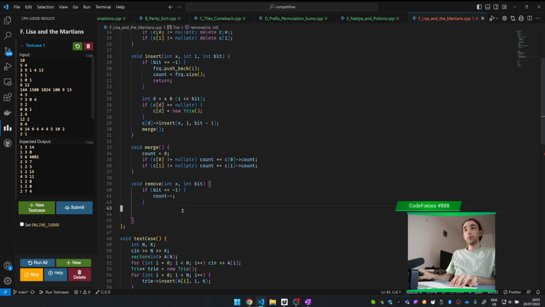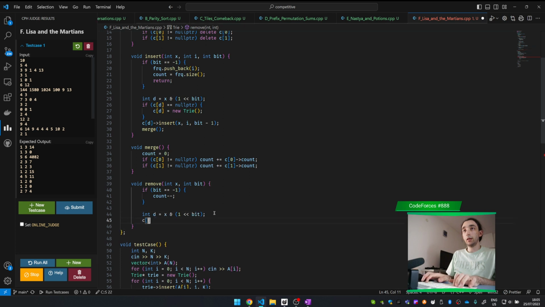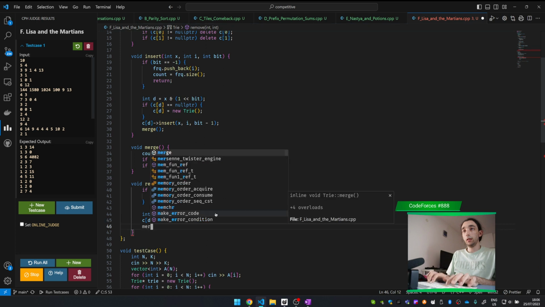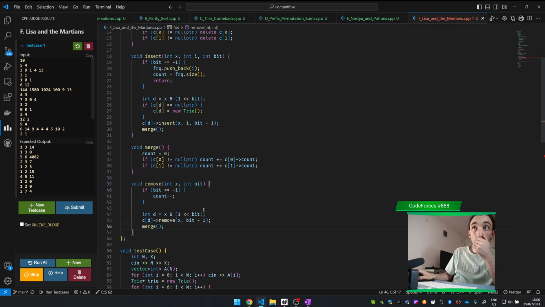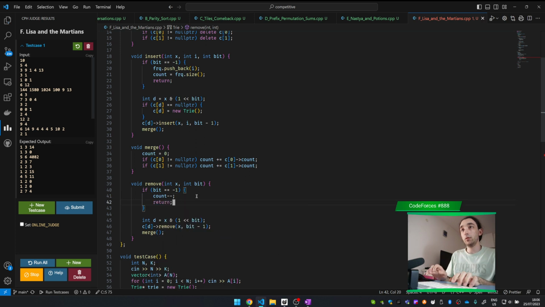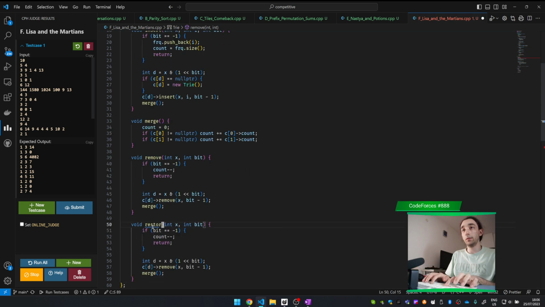Then when I remove something here, the direction in which I go is this. I go C-d remove and then I do x and then bit -1, and then I do merge again. But in the remove, I just count minus at the end when there's bit 0, and then I return. Or when I restore, count plus and then